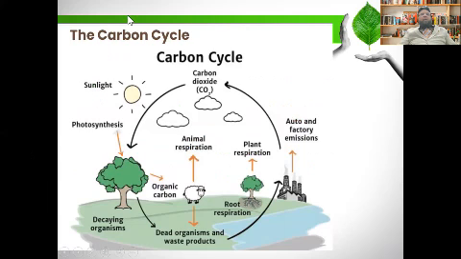As you can see in the diagram, the carbon dioxide gas, which is 0.04%, is obtained by the plant. The process we call photosynthesis, because the plant takes carbon dioxide gas from the atmosphere, water from the soil, and the green pigment found in the chloroplast, that is chlorophyll. So the chlorophyll absorbs light, and in the presence of light, the solar energy is converted into chemical energy in the form of